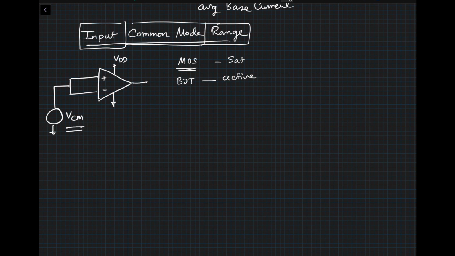It's a range of voltage. For example, you start with VCM equal to 0, then maybe some devices are going out of saturation or into cutoff, so you start from 0 and take it all the way to your VDD. Let's say only in this range of VCM the devices in the op-amp are in the correct region. Then this becomes your input common mode range, VCMR, okay, input common mode range, VICMR. So let's take an example so it'll be clear.